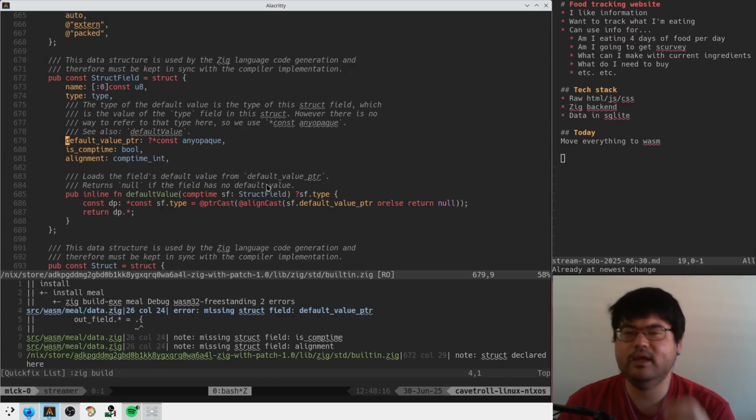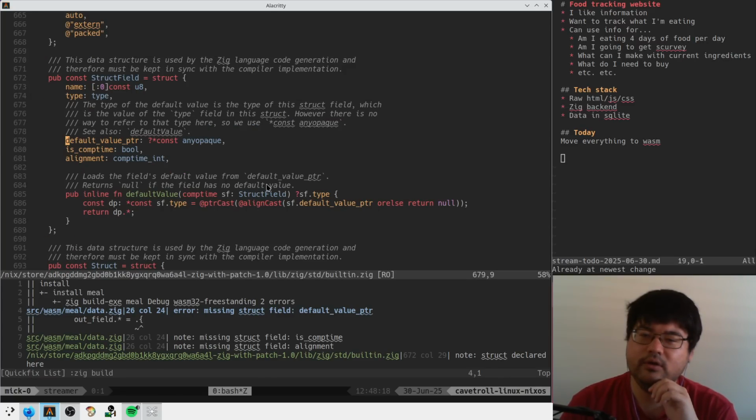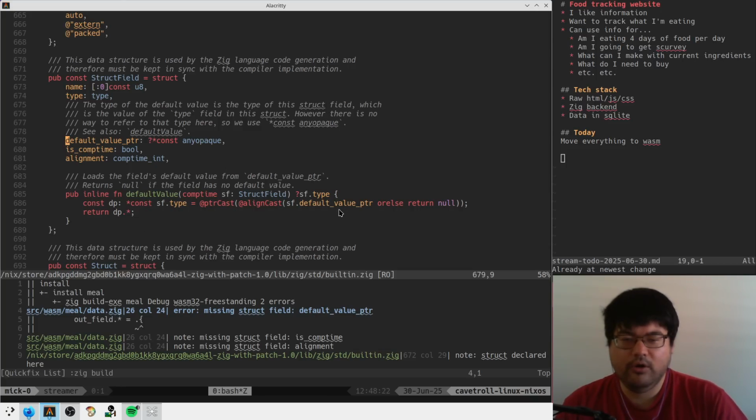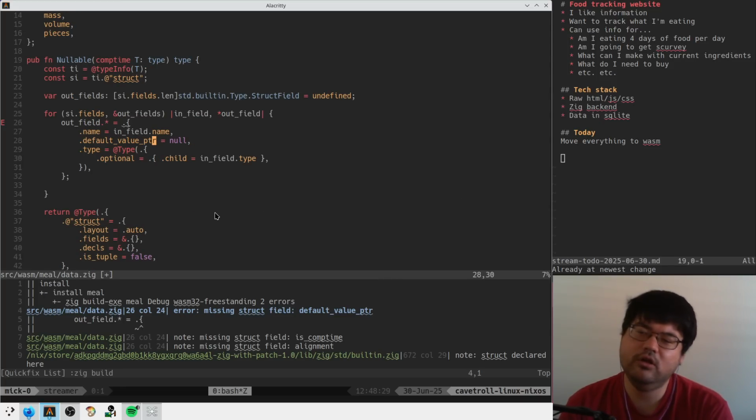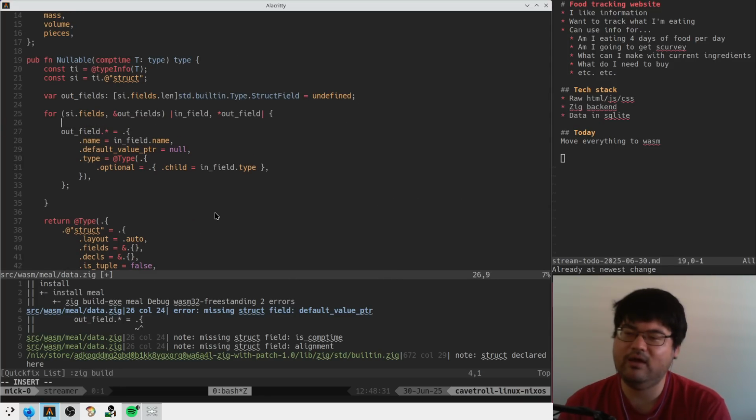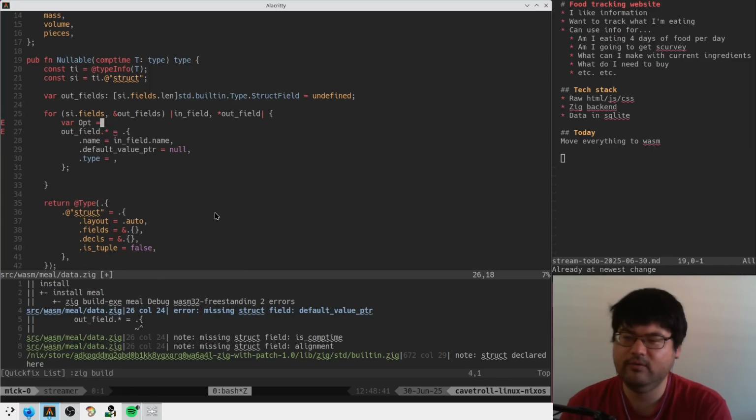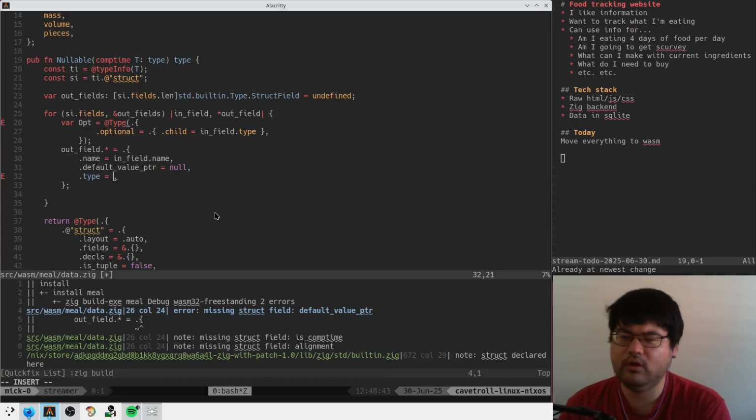So this guy is... Whoa. So they like take the pointer and cast it to this thing. So if we want this to be null, I guess we have like out type, optional type is like this, right? And then we need to like put the default value somewhere that can be referenced, right? So I guess that means that we have like